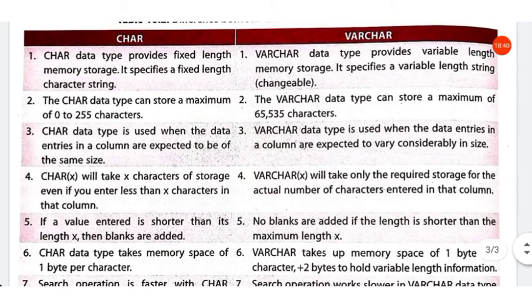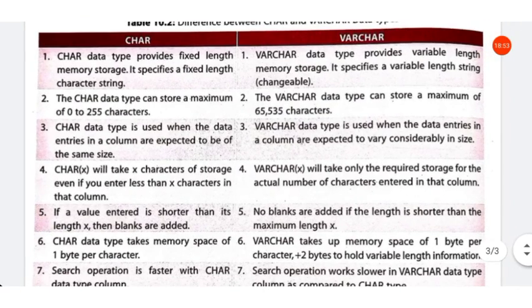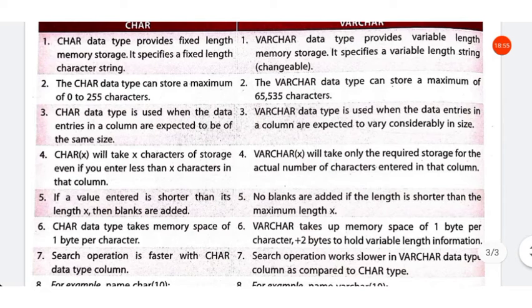The next is the difference between char and varchar. So first one is char data type provides fixed length memory storage. It specifies a fixed length character string.